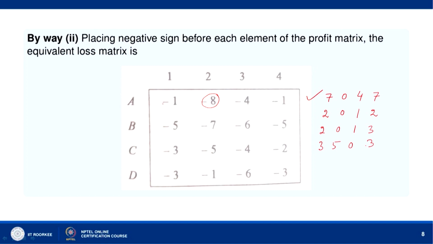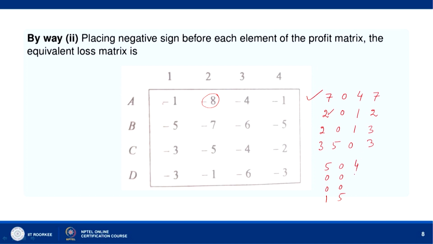Okay. Now, let us subtract the smallest element from all other elements of each column. So, the smallest element in the first column is 2. We subtract 2 from all other elements of the first column, we get 5, 0, 0 and then we get 1, here we get 0, 0, 0 and 5, because the smallest element is 0